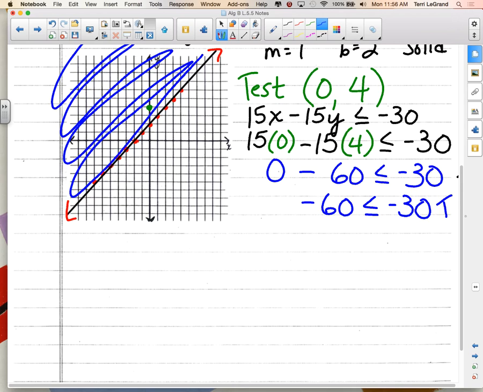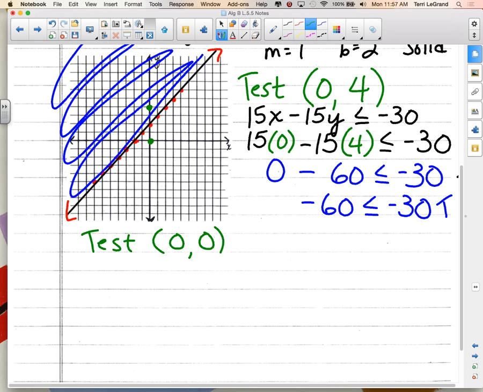Can anybody think of a test point that you could actually use every single time, if you did not care whether it came out true or false, because you would know what to do? 0, 0. Could you test the origin as long as what? As long as it's not on the boundary line. So if we would have tested 0, 0 here, let me show you what happens when you test the origin and it's not on the boundary line. My favorite test point is the origin,